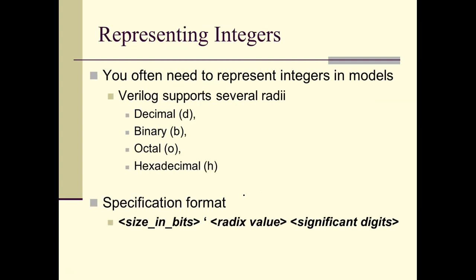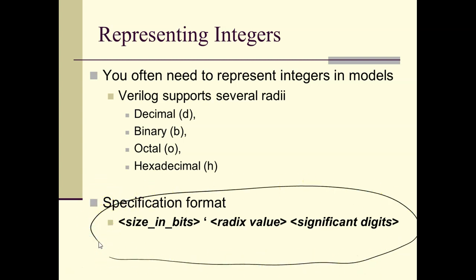So quite often, this is some of the support materials. Quite often in Verilog, you need to represent integers in your models. So Verilog supports 4 different radixes or radii here, which is decimal, binary, octal, and hex. Essentially, I don't think I've ever used octal anytime ever, but the other ones I use quite often. You'll use them quite often. So this is the way you specify integers in